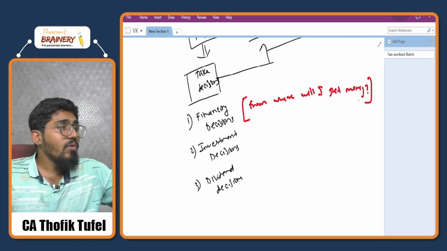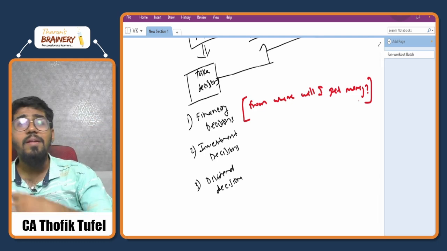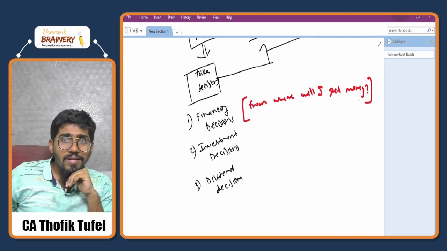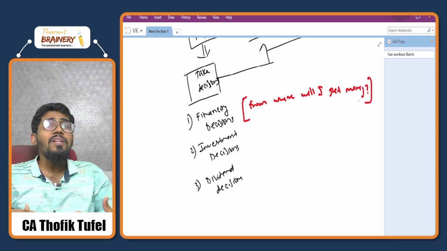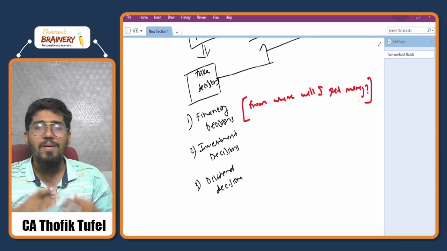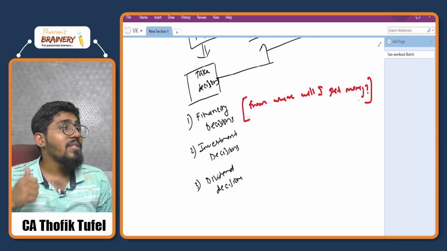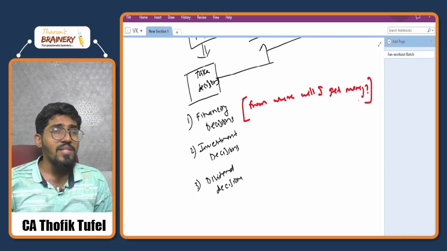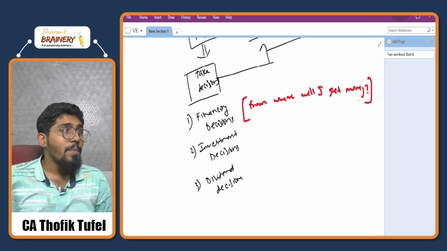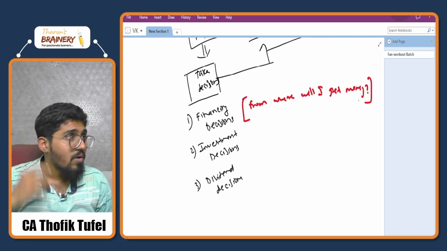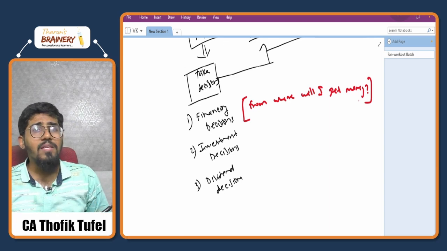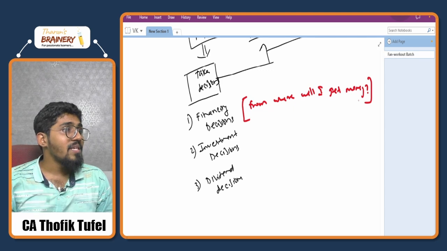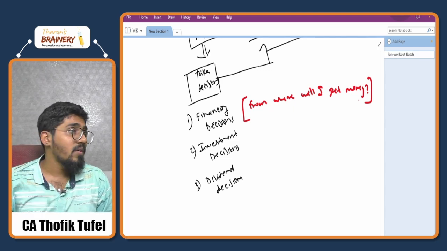Next, when you get the money, will you just keep the money in the bank account? No, correct? You will not keep the money in the bank account, because in a business you're going to invest somewhere. You're investing in land, buildings, machinery, paying salaries, and purchasing raw material, which means you're investing in stock as well. So these are all the investments that you're going to make. The second decision is which land I have to purchase, which machinery I have to purchase, whether I should invest or not.